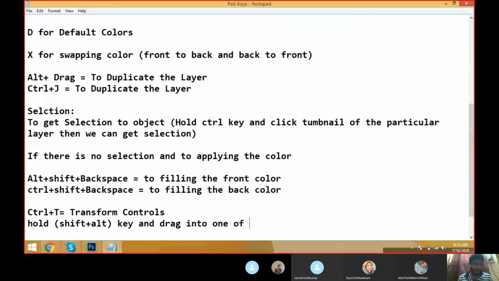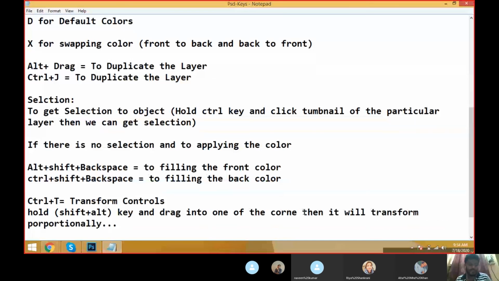Right guys, Control T is transform controls. Hold Shift Alt means we have to hold the Shift and Alt keys on the keyboard and drag into one of the corners, then automatically we can get the transform selection proportionally. Okay, hold Shift plus Alt key and drag it to one of the corners, then we can get transform proportionally.